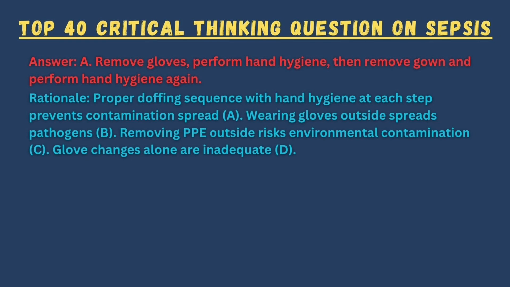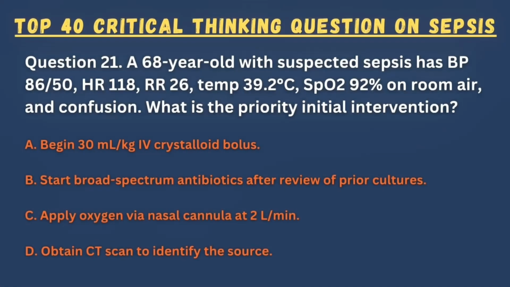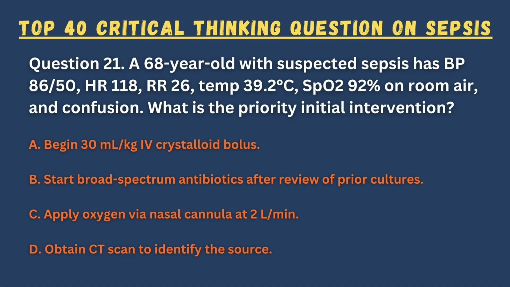Rationale. Proper doffing sequence with hand hygiene at each step prevents contamination spread. A. Wearing gloves outside spreads pathogens. B. Removing PPE outside risks environmental contamination. C. Glove changes alone are inadequate. D. Question 21. A 68-year-old with suspected sepsis has blood pressure 86/50, heart rate 118, respiratory rate 26, temp 39.2